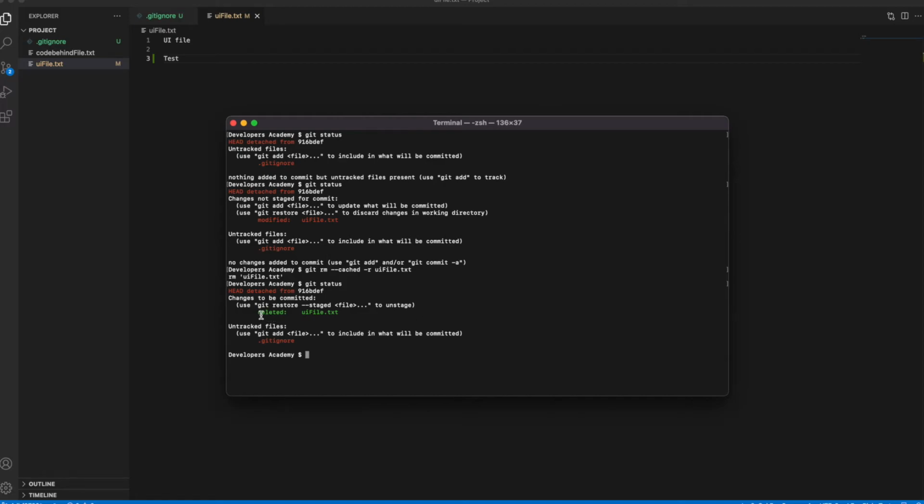So you can see that UI file.txt is now deleted. Now we will stage these changes. So we will use git add, and I want to add all files, so I can either use dot or -A or --all. So I will go with dot, and now I will commit this change.